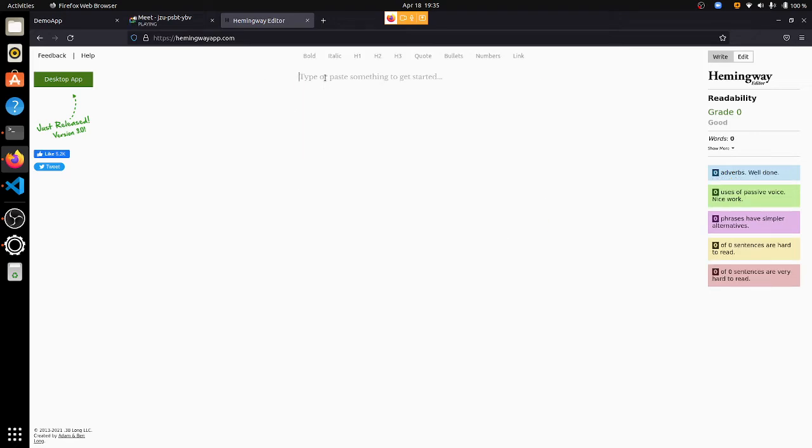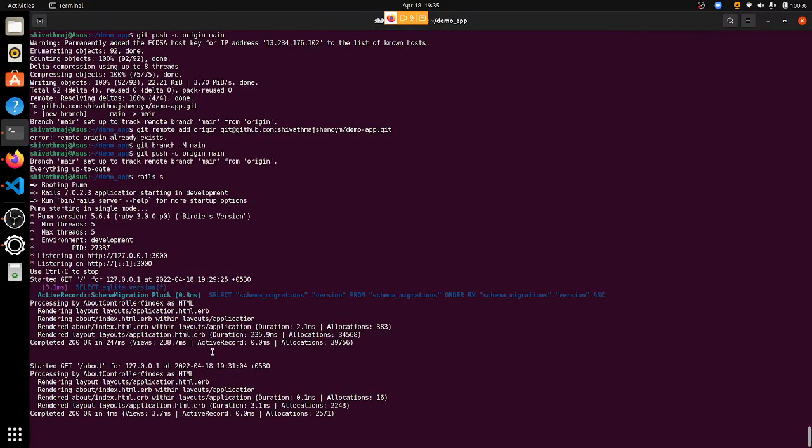I run this command: rails space g, rails generate controller about. So if you run this command in the terminal here,